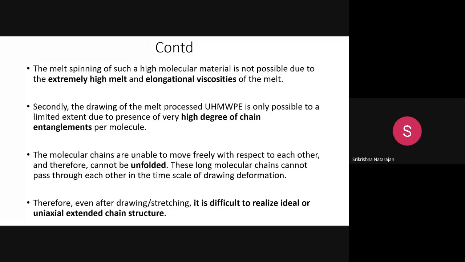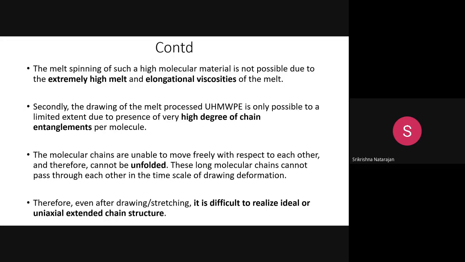So during the spinning process, you melt the polymer and then you do the extrusion. During the extrusion, whichever is in the entangled state has to get stretched, because you apply two forces. You apply the shear force during the melting, and you apply the elongational force when you extrude. If the entanglement density is very high in melt spinning, the polymer chains cannot freely move with respect to each other.